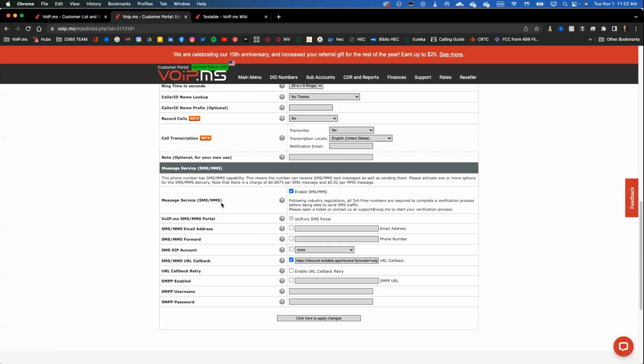You could add a little bit of features if you want. You can use solely and only Textable for your MMS or SMS, but you could also do an SMS forward to your email, let's say you want to absolutely have them by email. You could do it both ways. But today we're presenting Textable, so I think the best scenario will be that everything is consolidated and used under Textable.